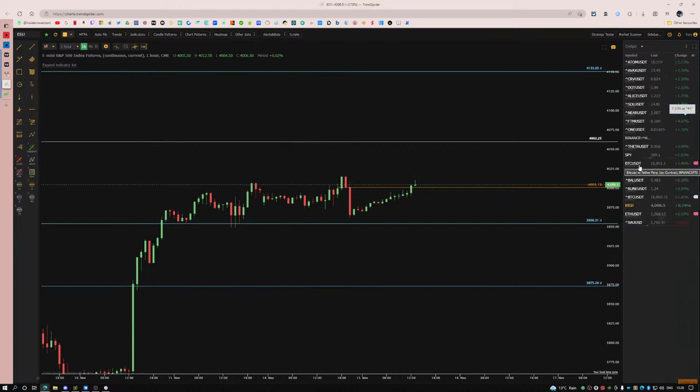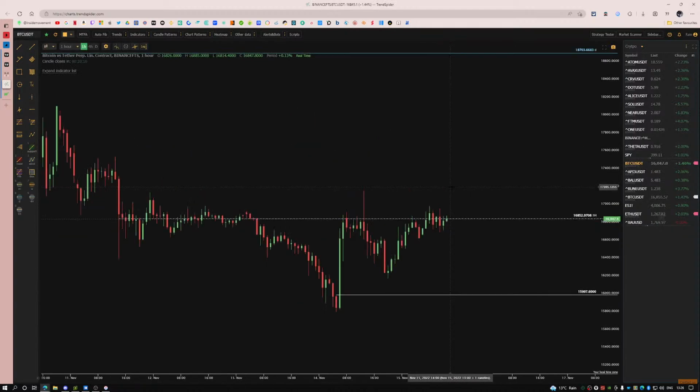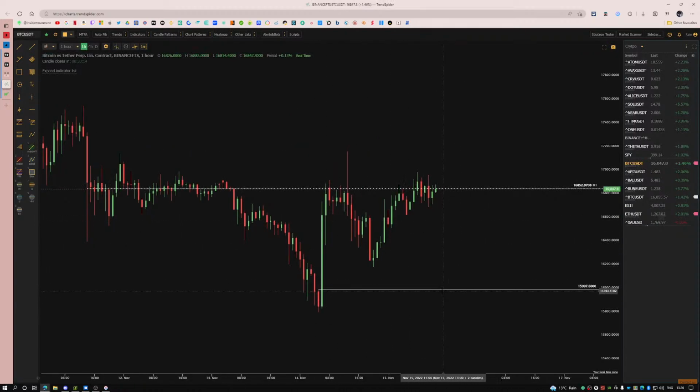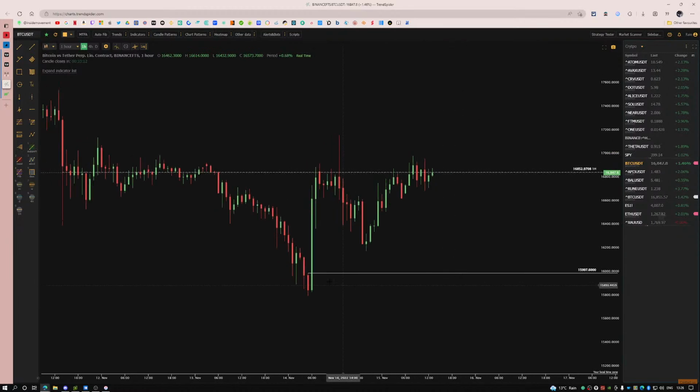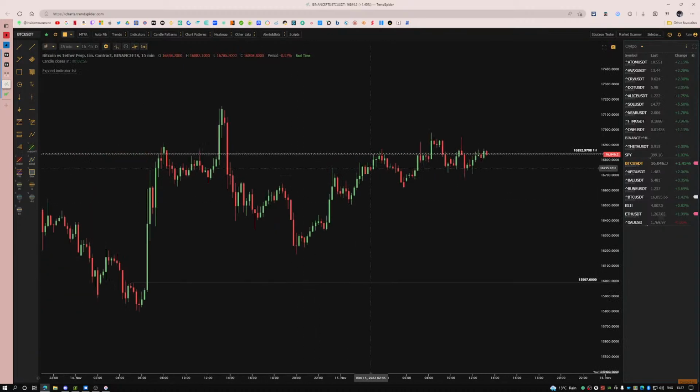Let's start with Bitcoin now, and go through the motions with it. Bitcoin was trying to look for 1600 overnight. It looks like we ended up revisiting 1700 first. It just overextended in terms of the Asia area here. Going to that 15 minutes, you can see Asia comes in, just goes high, takes itself out here,